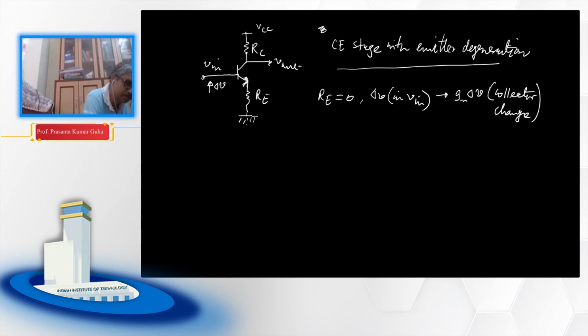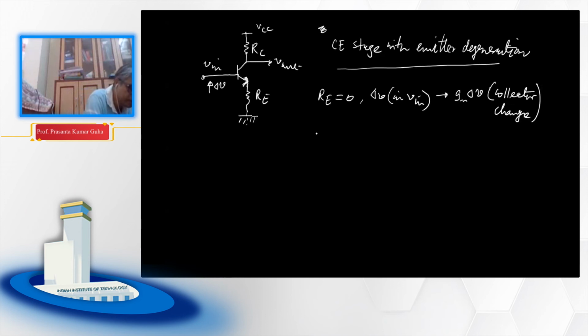Okay, you see, if we increase your V in by delta V, if RE equals 0, then if you increase V in by delta V, your collector current is going to change by gm delta V, right? But if you have RE in between that emitter and ground,